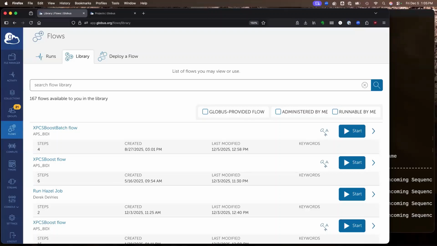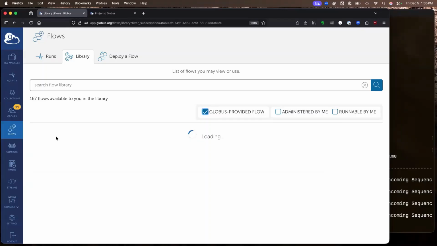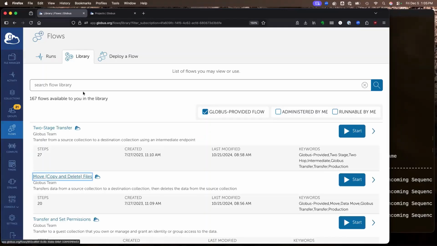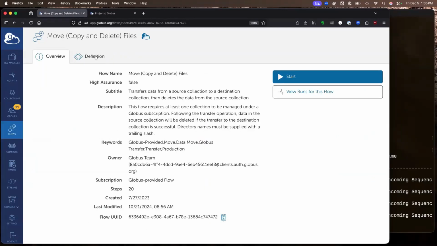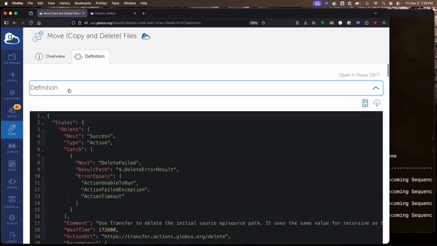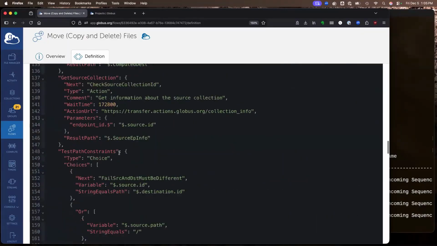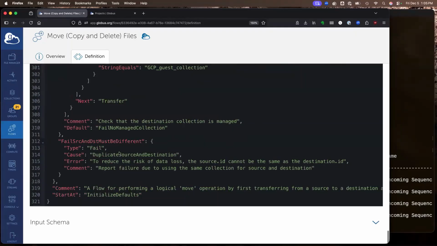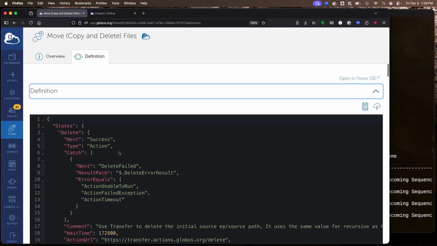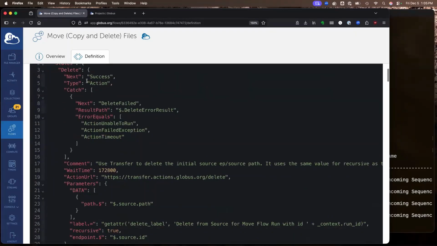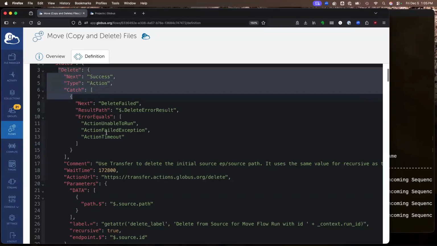It's actually pretty simple. There's lots of documentation on the Globus website for how you define the steps of a flow, and you can always look at the examples here. So let's look at the actual flow definition here. It looks like this. It's basically a bunch of JSON code that has a bunch of steps in it. Each of these states here, this is one state,